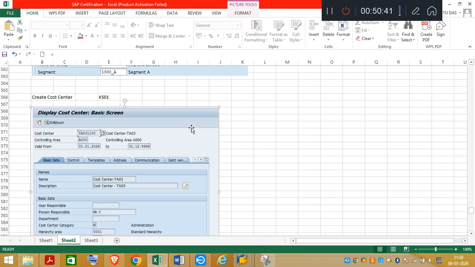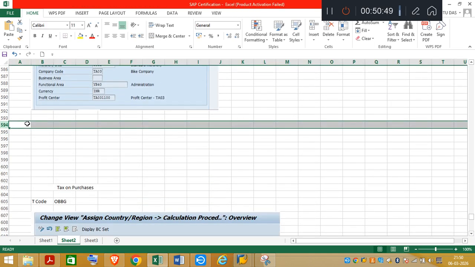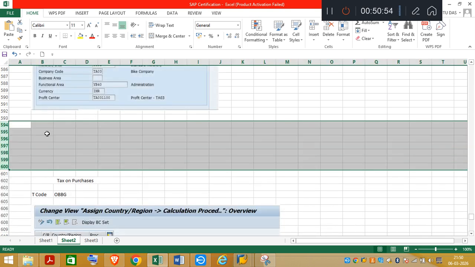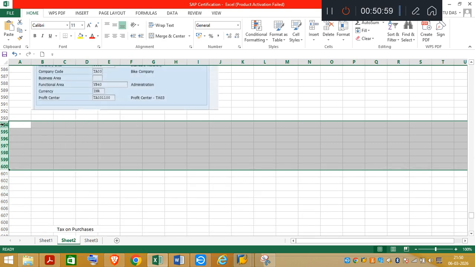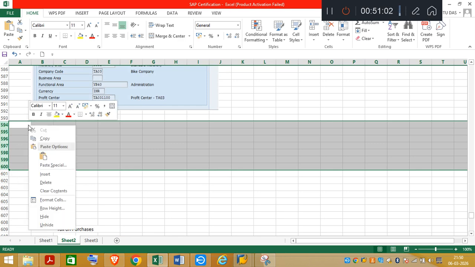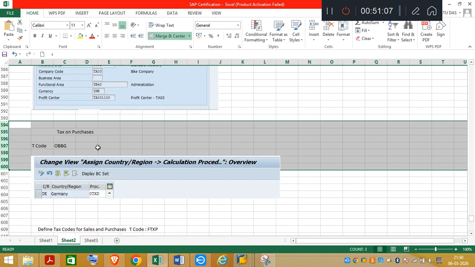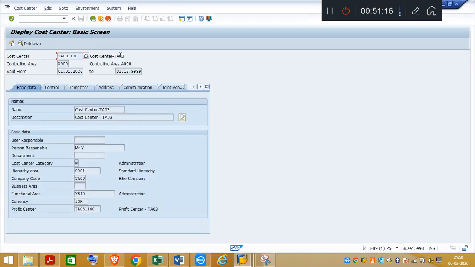Okay, after creation of the cost center, now we'll go to the tax part, because system is asking that they need to have the tax. Okay, tax on sales and purchases. So first thing is that this company that we are using, we have to know whether this company falls under which tax. To see the tax code,